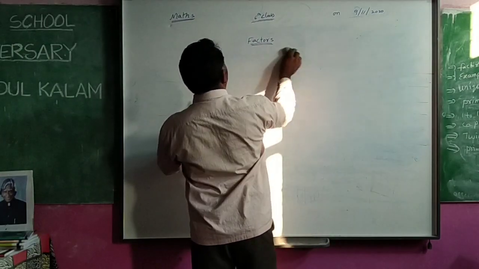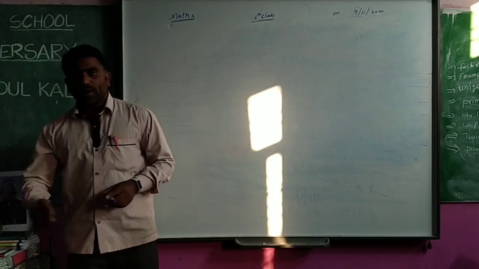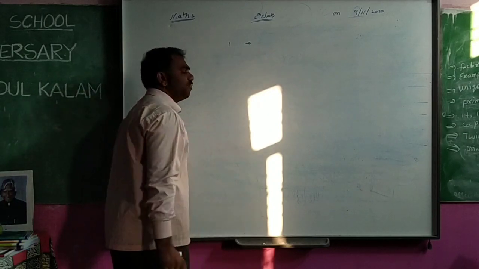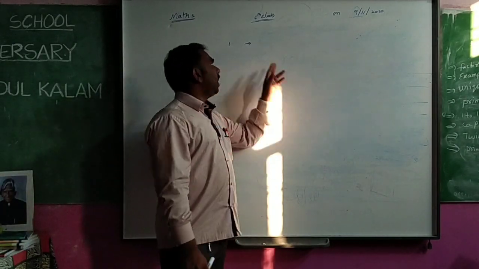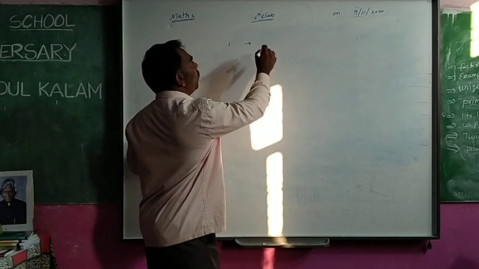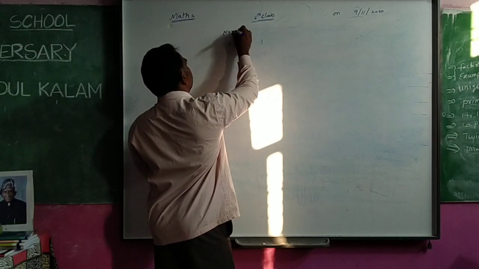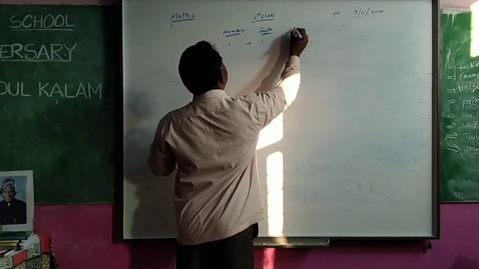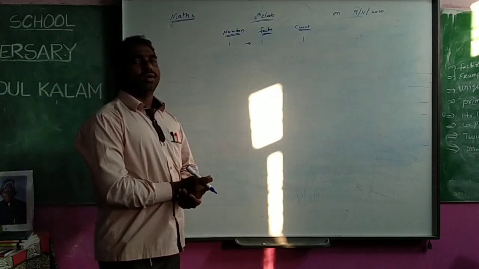Okay, now I am going to write the factors of different numbers here. So I am going to write the factors of 1. Before that, we have discussed factors: in which tables does the number come? Those are called factors. 1 comes in the 1 table only. That's why the factor is only 1. I am writing some numbers here, and their factors, and I will count how many there are. How many factors did you get? 1 factor only.